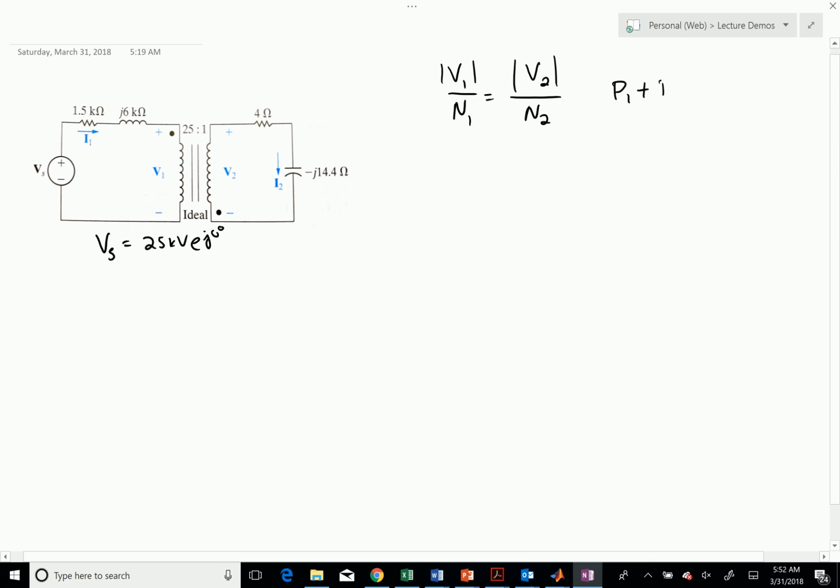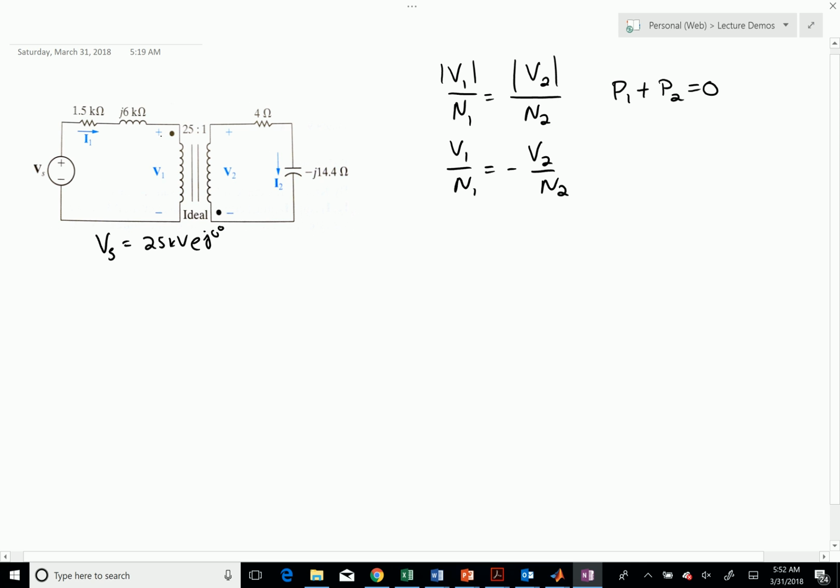Also always true that P1 plus P2 equals 0. Those are our two truths. Given the arrangement here that the plus signs are reversed, one is at the dot, one is not at the dot, I have V1 over N1 equals negative V2 over N2. In other words, there has to be a sign reversal, or basically what that says when I have a negative sign is I have a 180-degree phase change between V1